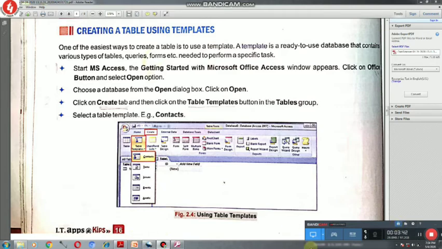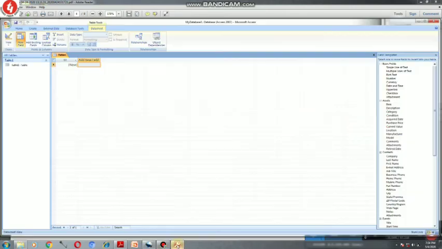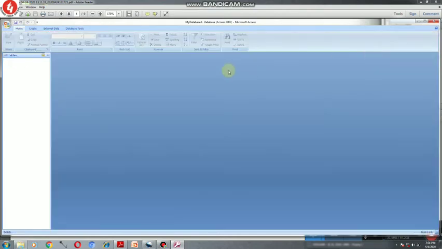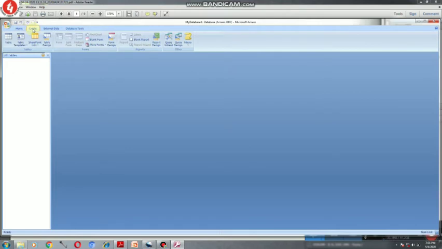Now practically I am demonstrating how to create a table using templates. So here is your database. This is the default table that Access will always provide to you. Then you can close this and go to the Create tab, as you will all see on the Access screen.